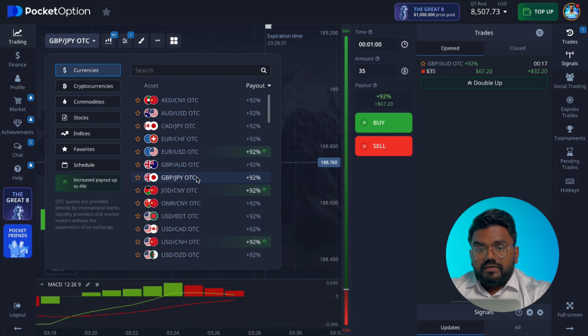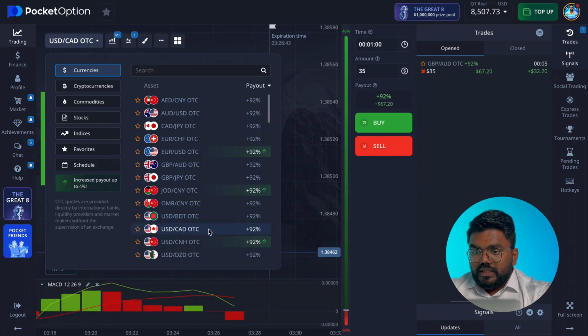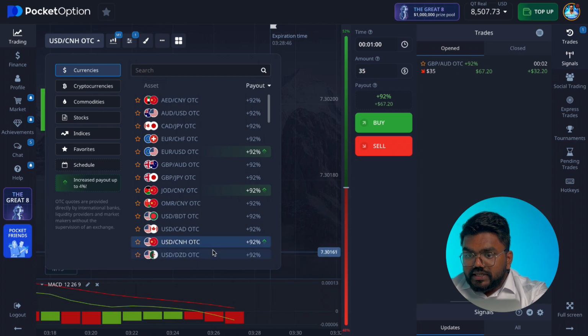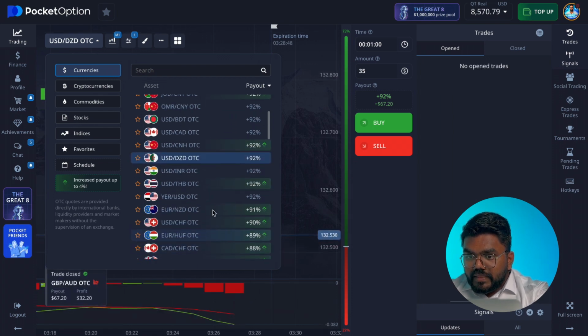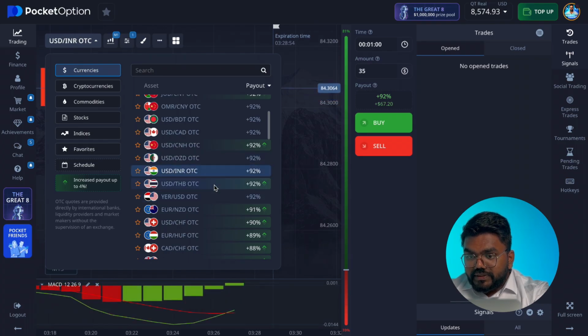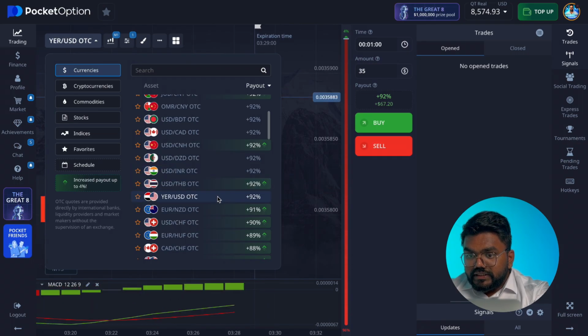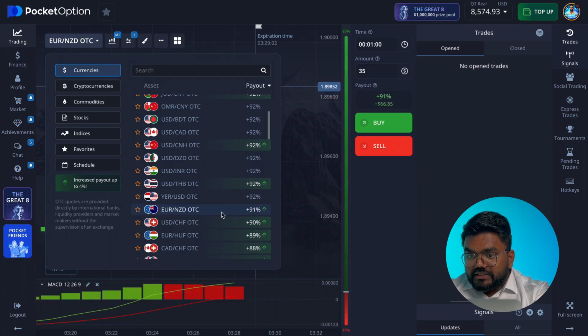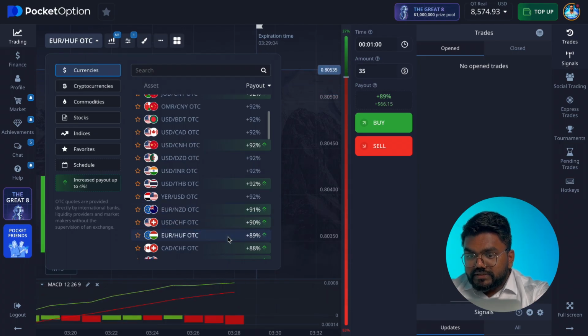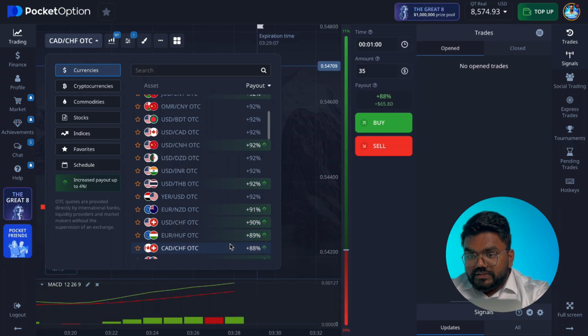Okay, let's go about trend. So let's go USD slash INR OTC. You see the trends, they are actually intersecting with each other, and this one, USD, it's actually going parallel almost. They have been intersected with each other, and this is also going down, and you can see it's up. Oh, this is actually down.